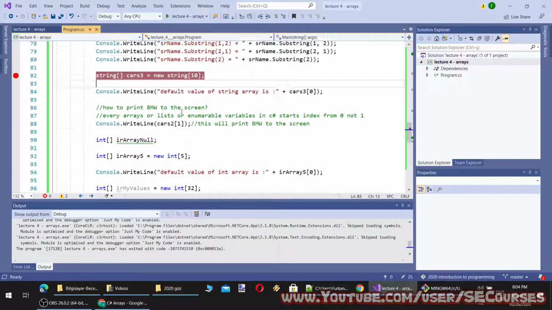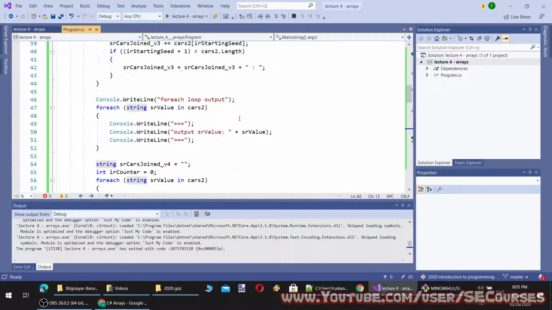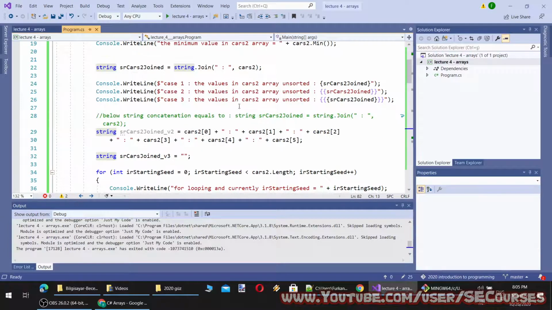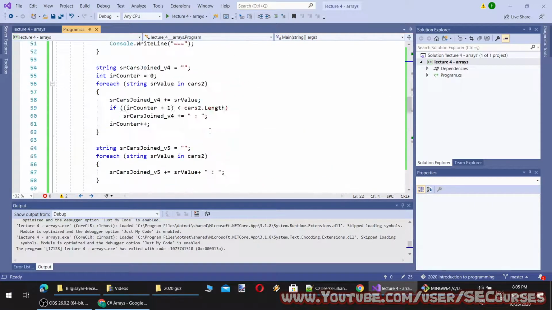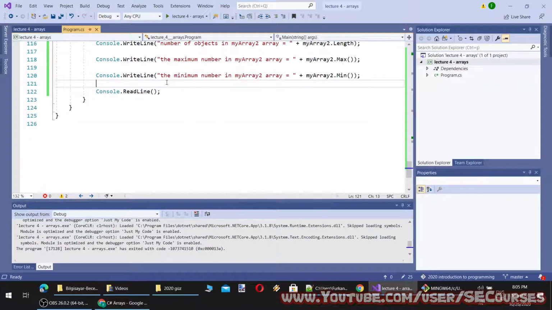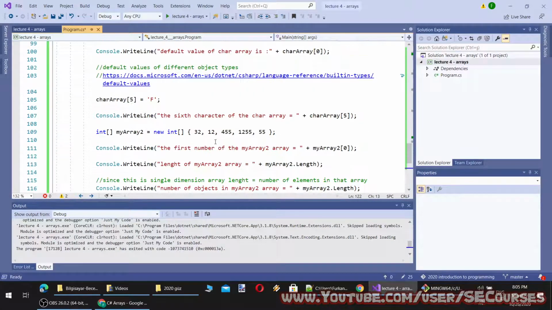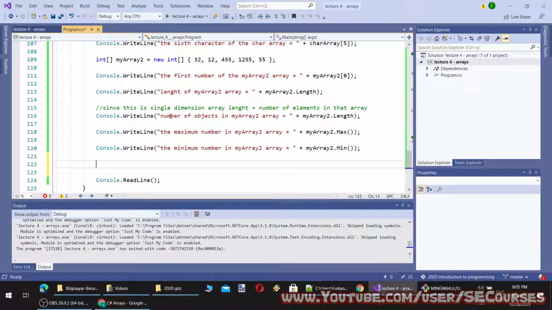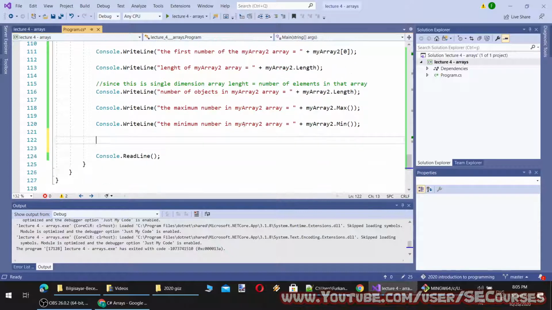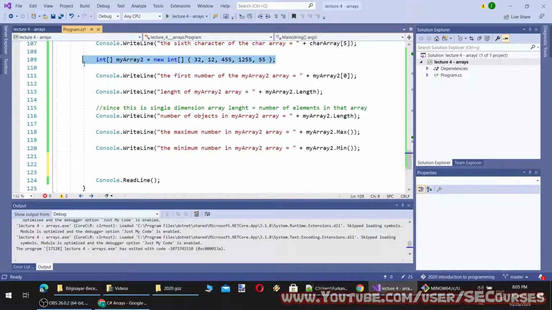And let's try sorting arrays. Since we know our array is like this, I'm going to show you again. And let's compose an array having 100 integers. How can I do that?